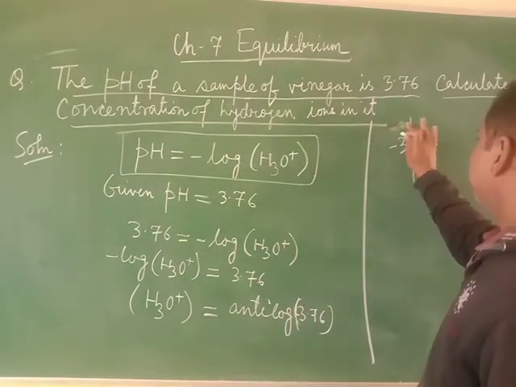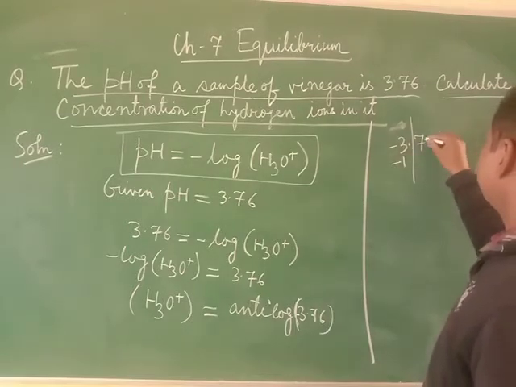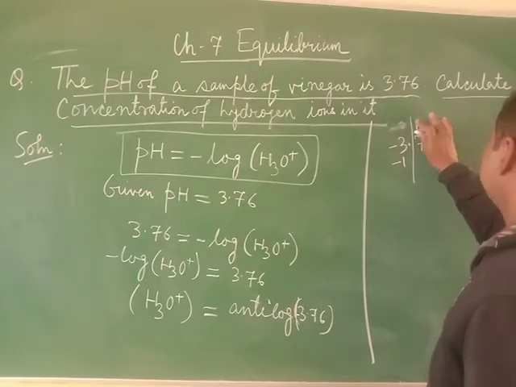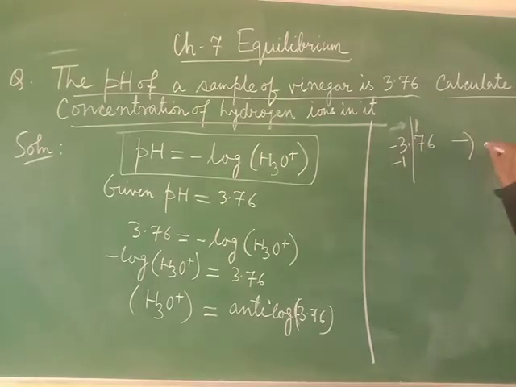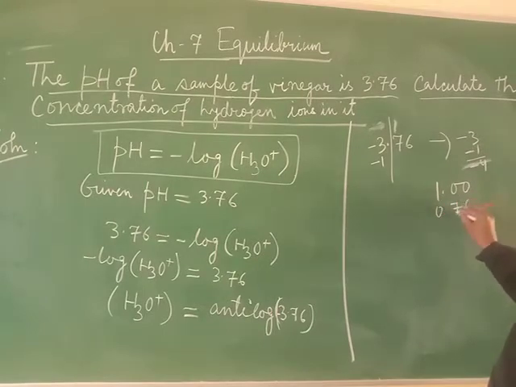So we will add here minus 1, and we will subtract this 0.76 from 1. Let us do it in rough. Minus 3 minus 1 equal to what? This is minus 4, and when we subtract 0.76 from 1, we get